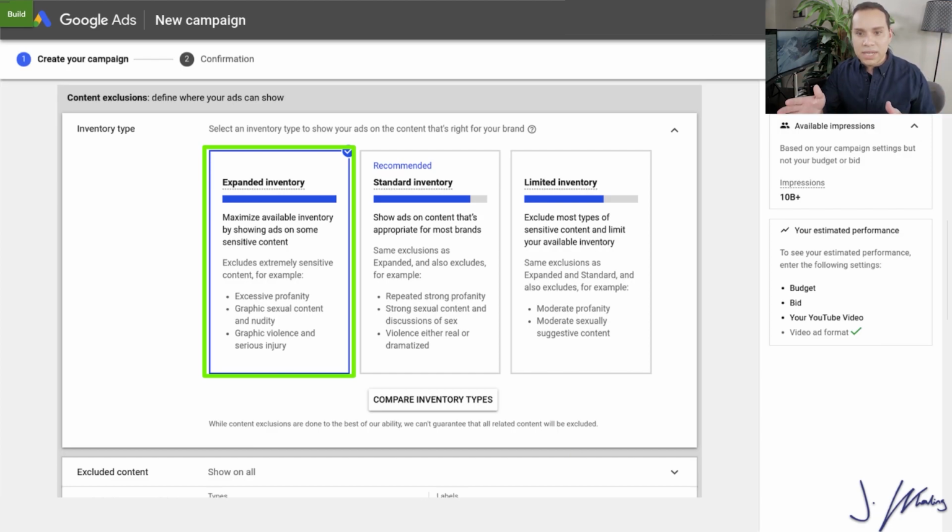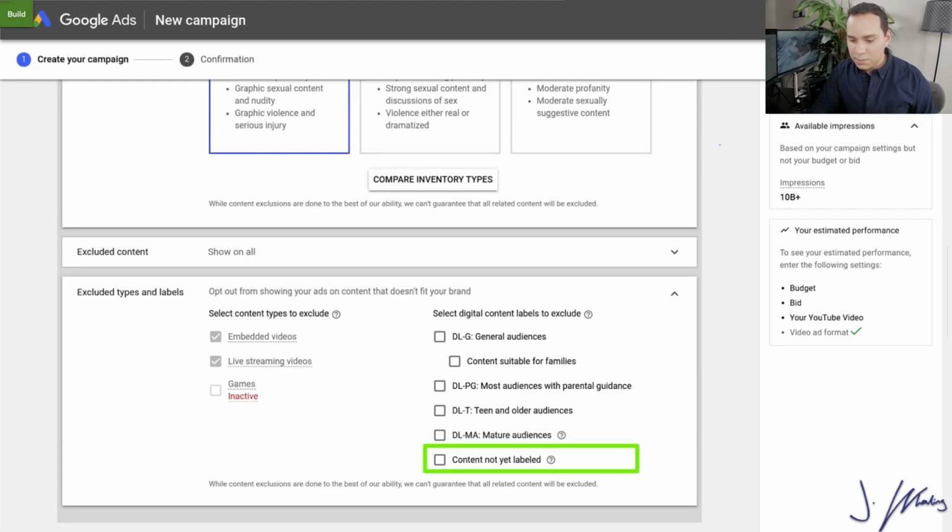So this is designed for big advertisers so they can click limited inventory and say, hey, we don't want to show up on any content that could be remotely offensive or political or news, not good news or whatever it may be. So typically I like to just leave it at expanded, like 9.9 out of 10 times. Unless a client forces us to do something else, we just go to expanded because you're looking to follow your person, not necessarily judge them on the content that they are watching. So we'll go ahead and leave it at expanded inventory.